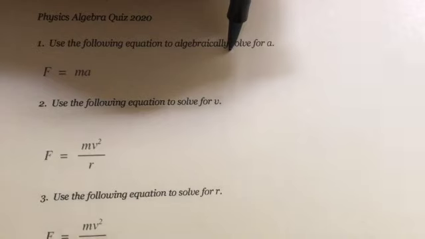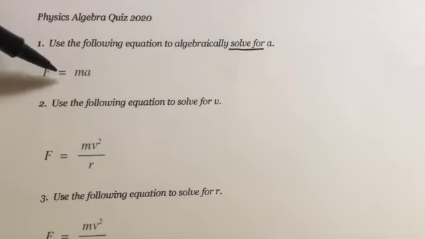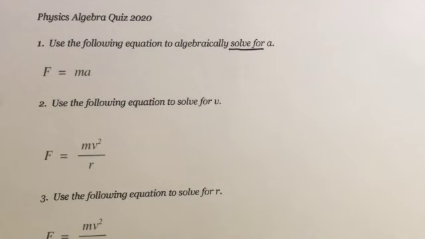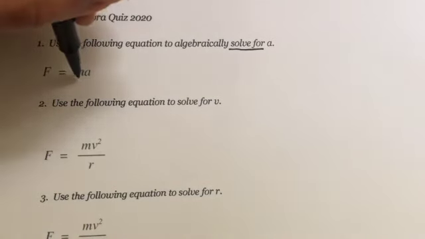So again, anytime we see those words "solve for," it means get it by itself on one side of the equation. So here we have F equals ma. I want a all by itself, so I have to get rid of that m. Because m is being multiplied by a, I want to do the opposite to get rid of it. So it's being multiplied right now, so now let's divide